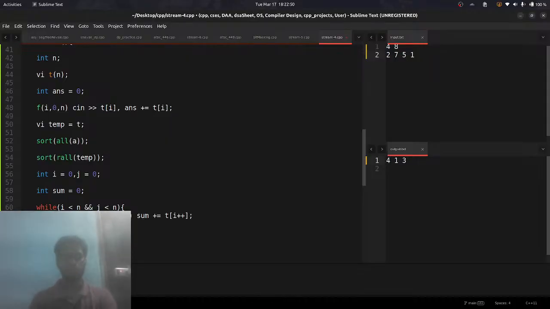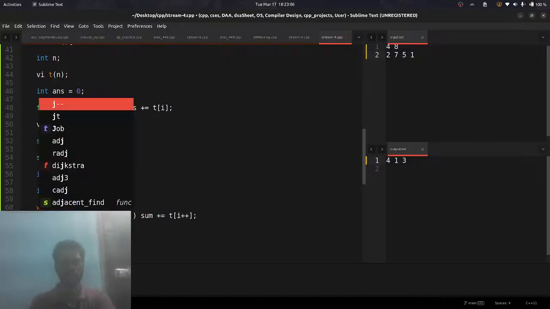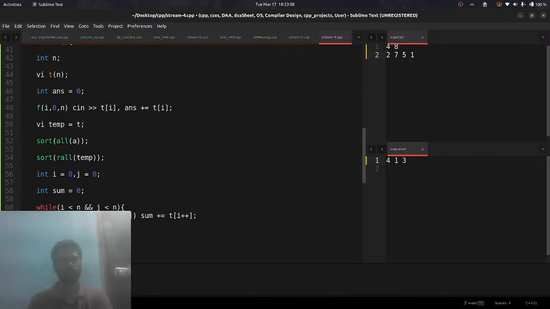The moment it is greater, at this position it is equal to or greater. Okay, so we will do it like this. The moment it is greater, I will increment j and check if t i is double equal to temp j. In that case, if it is, in that case,